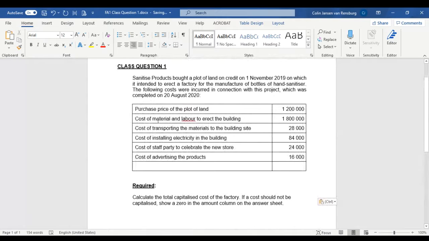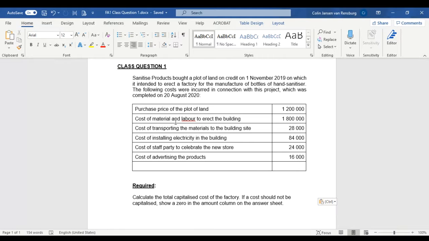Let's have a look at the second one. There they say the cost of material and labor to erect the building was for an amount of 1,800,000 rands. Now here, there are more than one way in which we can look at this. First of all, if we look at the cost of the material on its own, the cost of material on its own would normally be regarded as part of the purchase price. So the cost of the material would certainly be part of the cost of this factory that they are going to be